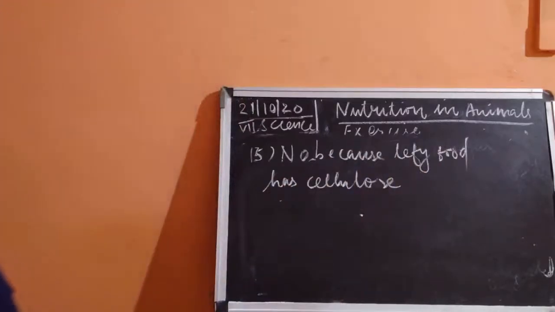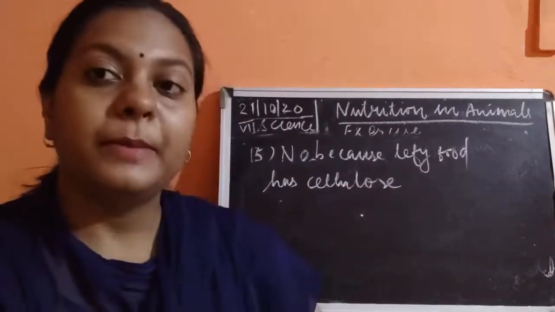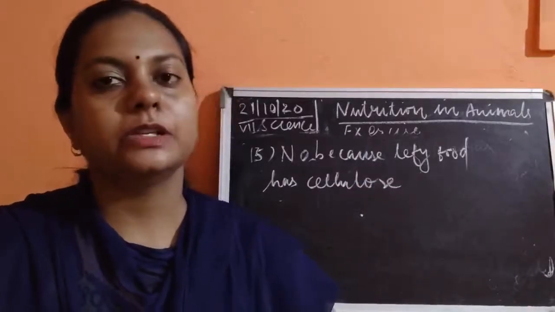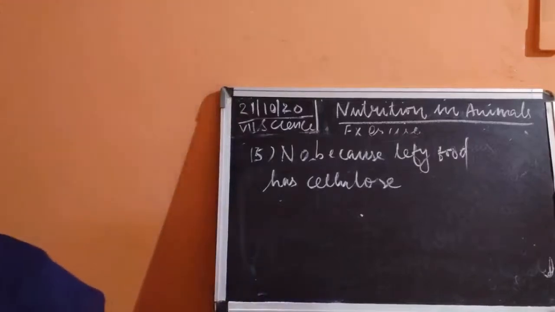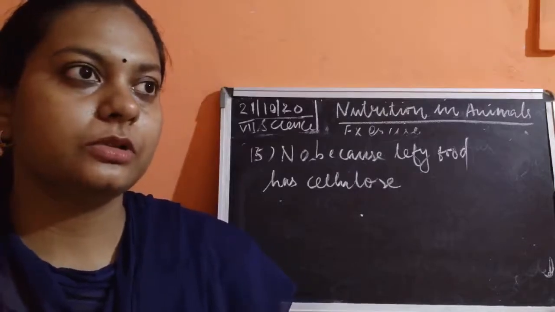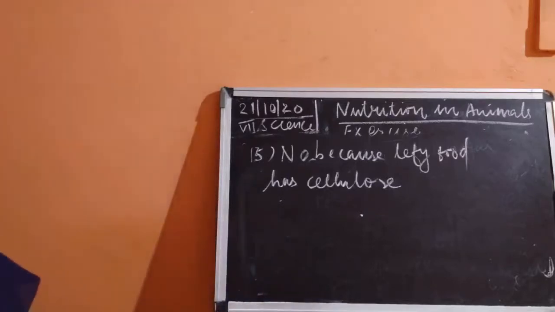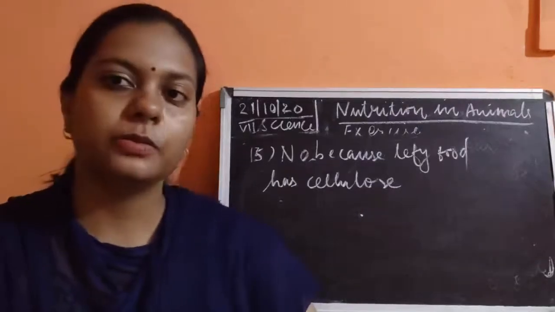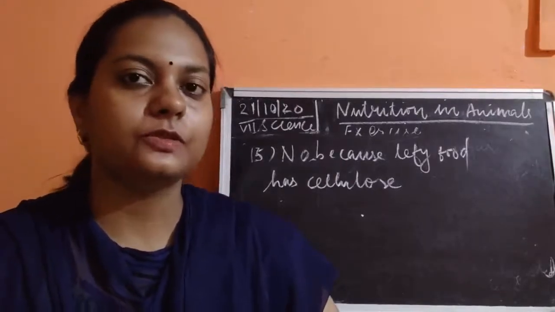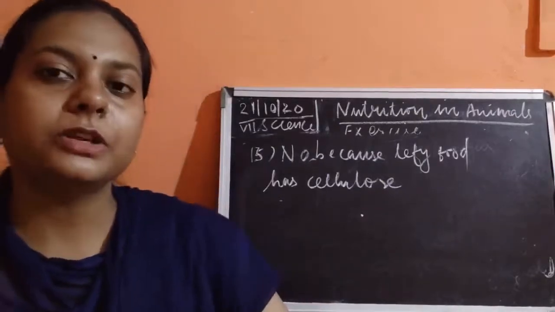Okay, so please remember that the leafy vegetables and the green parts of the plant contain one carbohydrate, a complex form of carbohydrate, whose name is cellulose. So this cellulose is a very complex food material, because of which it is not very easily digested, children, okay? So this has to be chewed and rechewed. But in human beings, we don't have such a facility in our digestive system that once we swallow the food, it will regurgitate into the mouth and we will chew the cud. So cud formation is not happening.